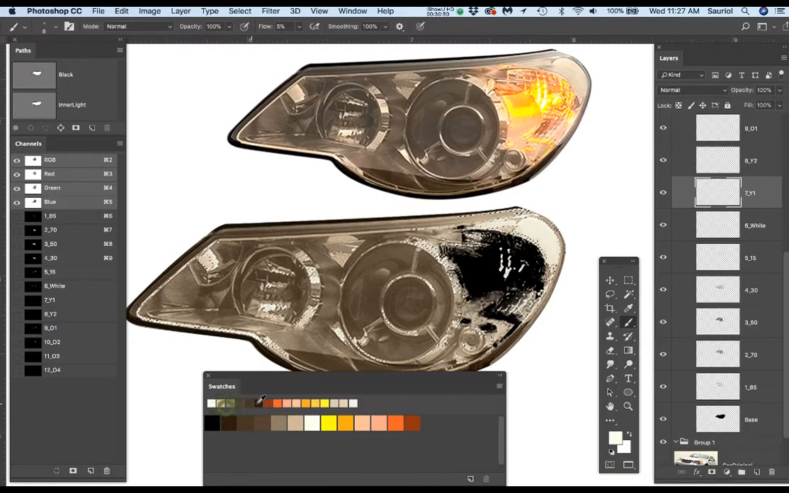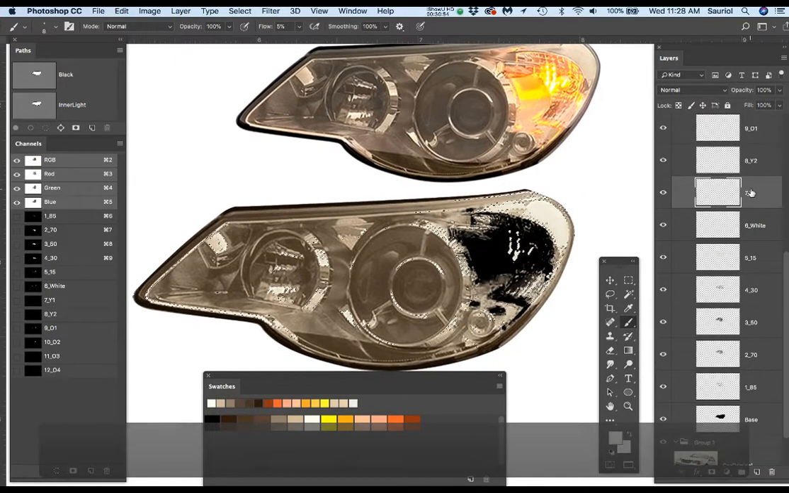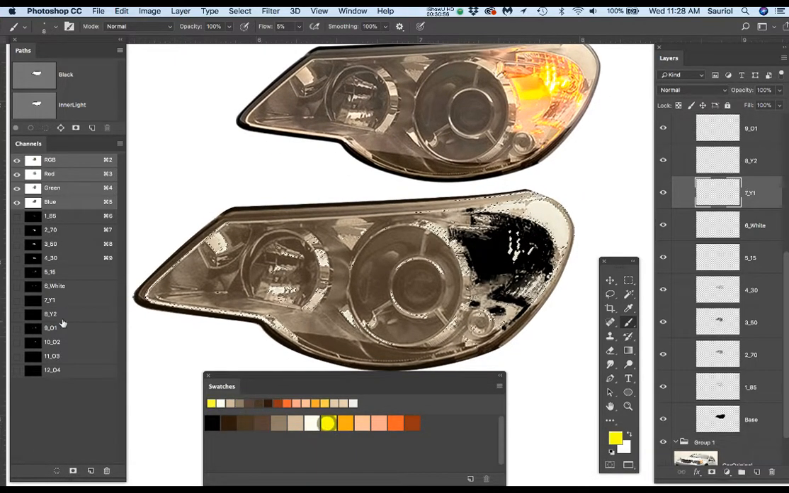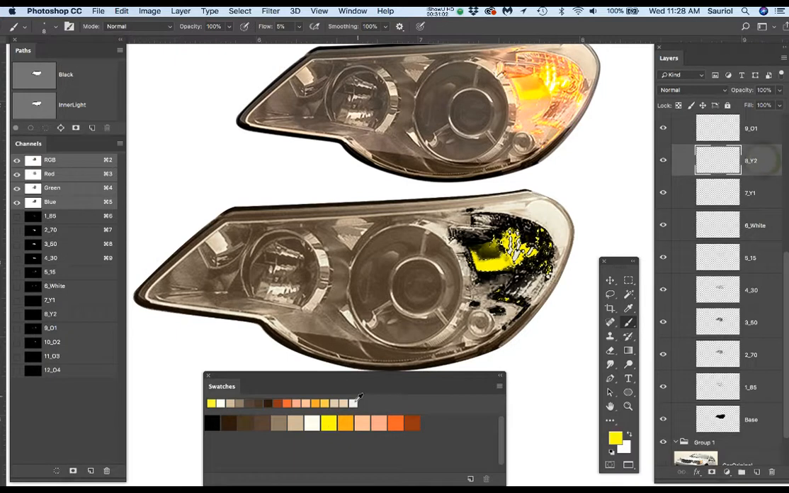Whoops, I need to show that. Let me move this up. So let's make sure I'm on the yellow one. Let's click the yellow one. Let's Command click the yellow one and Option Delete and Fill. Let's go to the number 2 yellow layer. Let's click the number 2 yellow color and Command click or Control click the number 2 yellow channel and Option